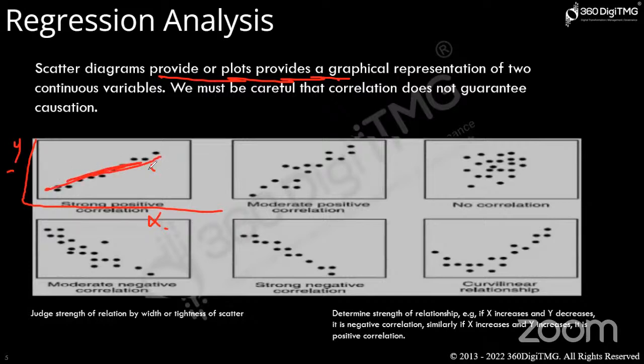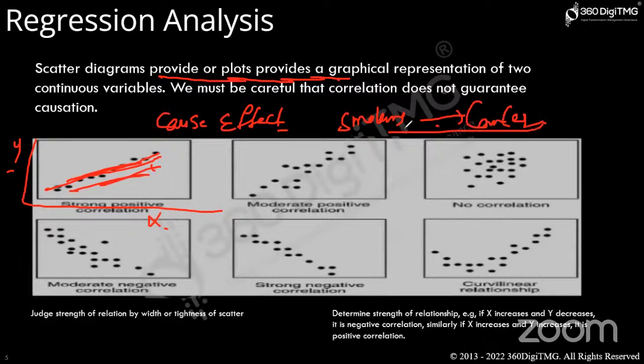One thing you have to remember: correlation doesn't guarantee causation. Causation means cause and effect relation. Correlation doesn't guarantee the cause and effect relation. Like, because of smoking, you might be getting cancer.